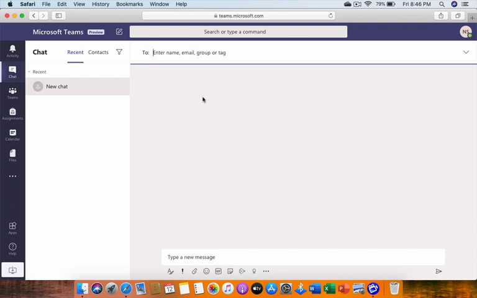And second thing, if the app is not working, you always have the option of the web version. You can join using the web version using the steps which I just showed you. Okay, so this is how you access your Microsoft Teams.